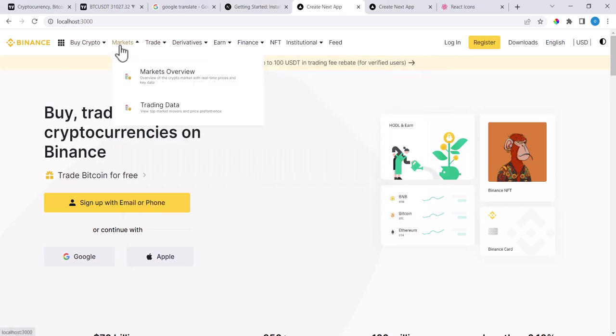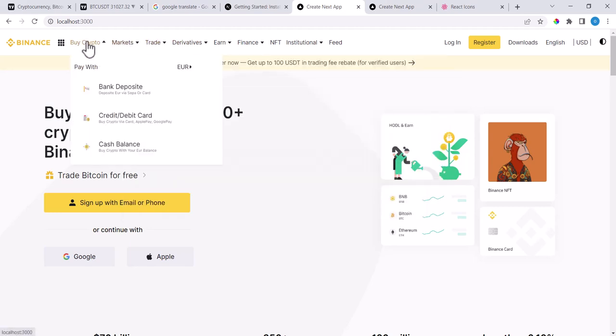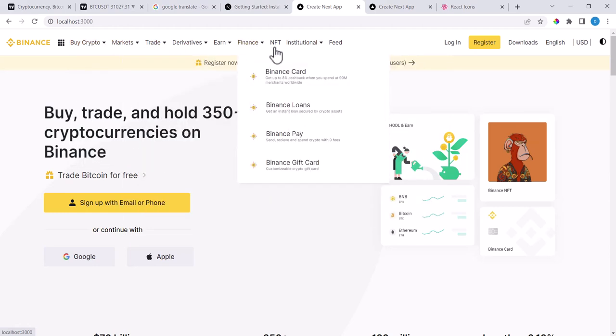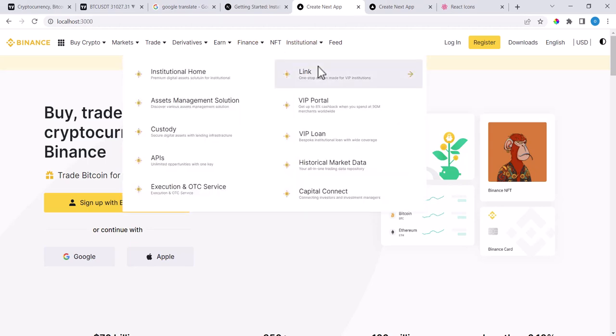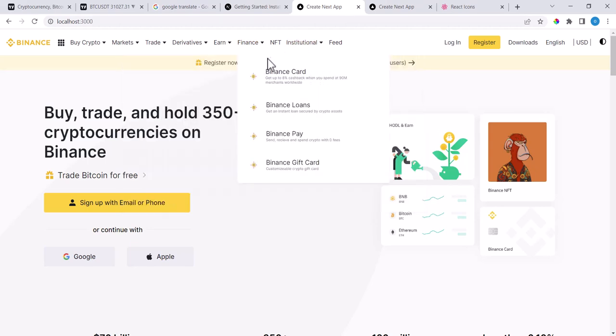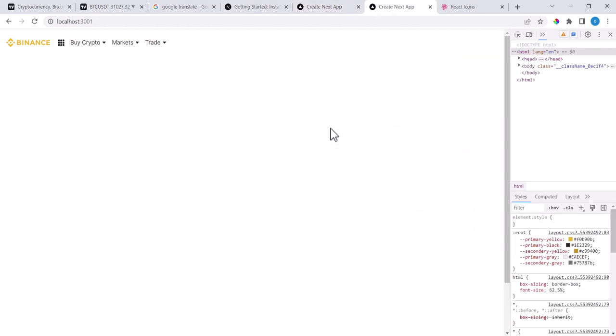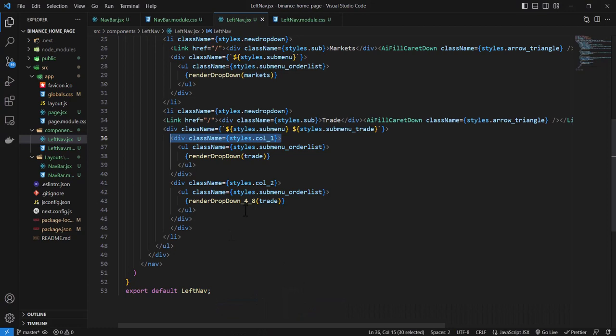Here, for example, we have just one column, here one column, here one column, here we have two columns also. So basically this splits the dropdown into two columns. This is just how it works. So basically we use the same class for the same thing. I just added it. Now we need to